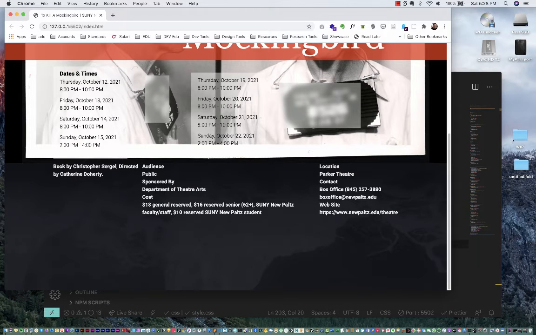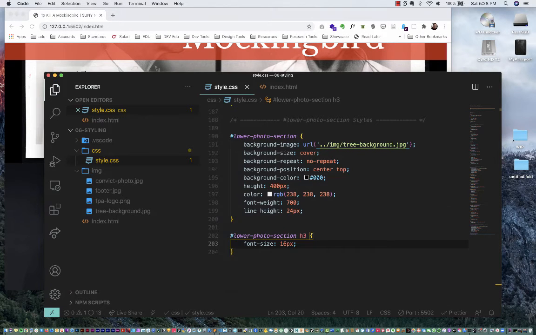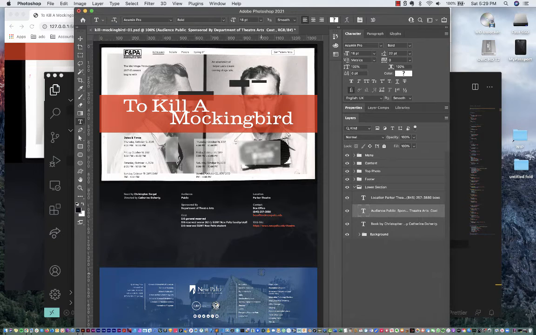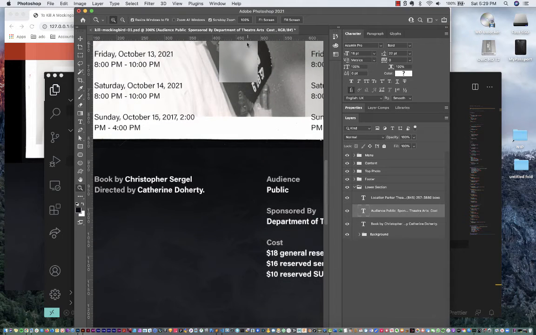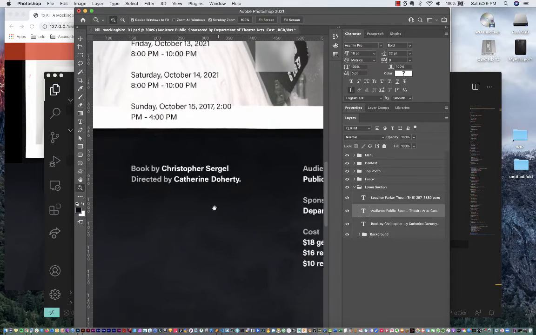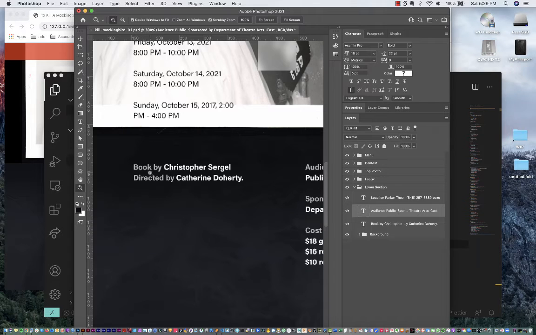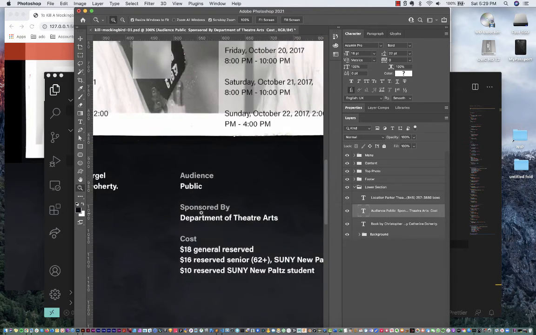All right, perfect. Now they're all set the right way. And if we take a look at our design here, let's make this a little bigger so we can see. So I just have the first couple words here in the gray, and then I've got the H3s are also in the gray. So